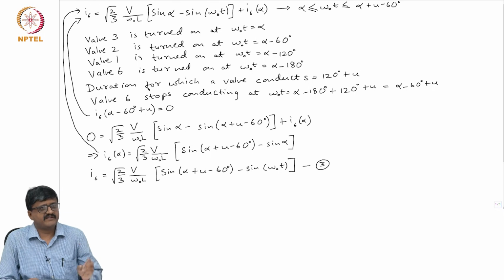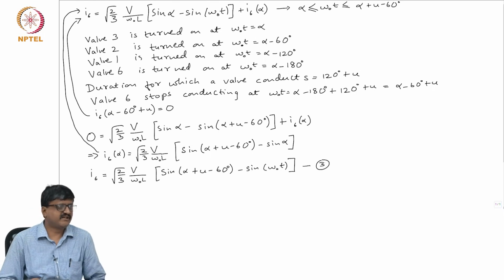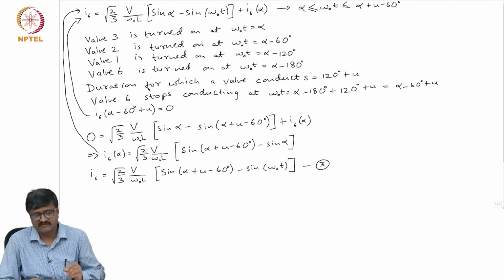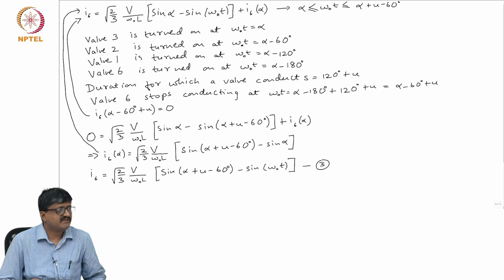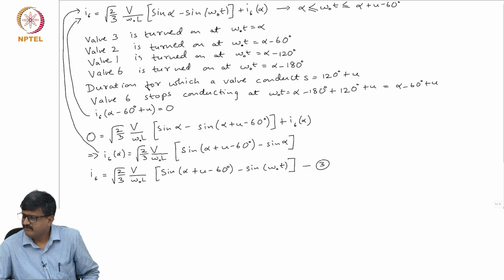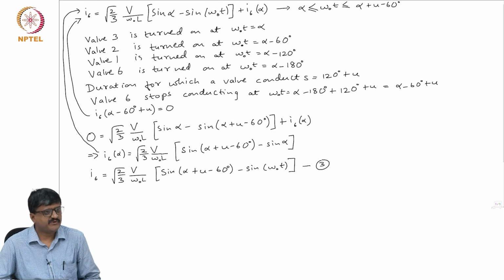Now, as we saw, there are two loop currents that are unknown. One loop current is already known, that is ID. The other two loop currents, I am referring to the circuit that was drawn in the last class. We can solve for any of the three quantities. We wrote the equations in terms of I6 and I1, so we will solve for I1. I will not rewrite those equations 1 and 2. I will just use those equations and try to get an expression for I1.